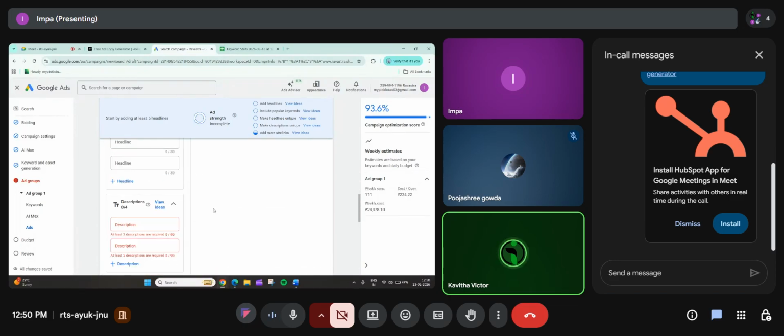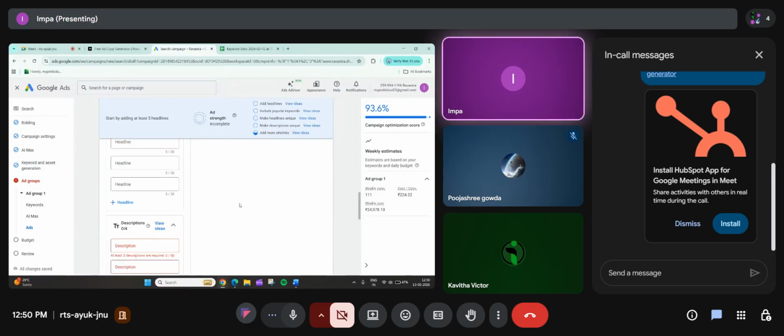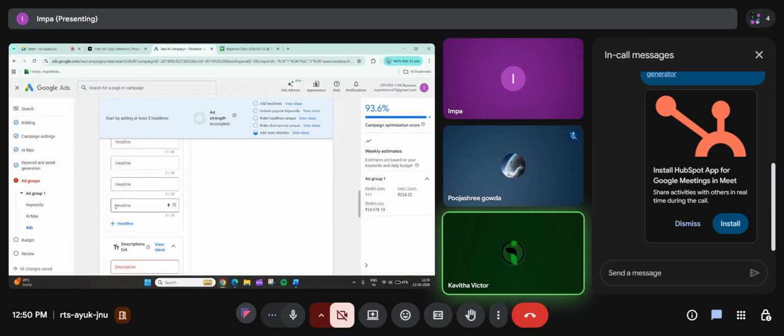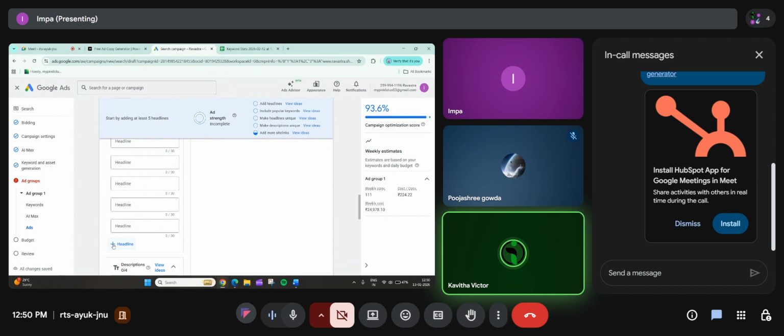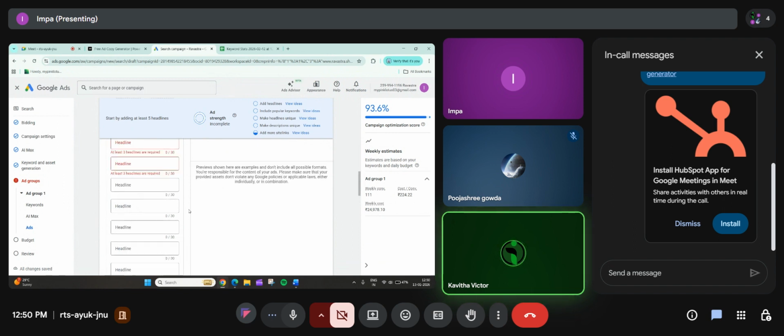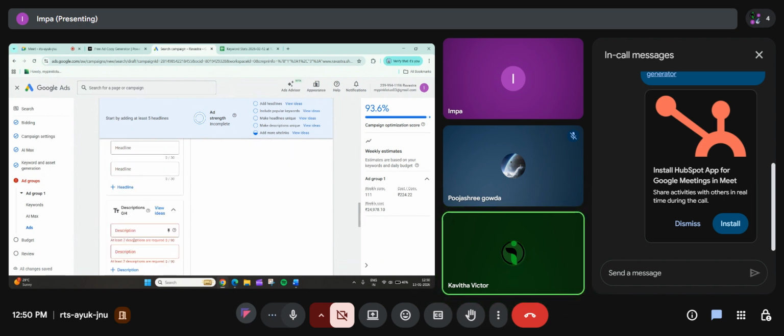Utilize all the headlines. Click on this plus again, one more, one more time. This will be on a rotational basis. You add all the headlines. That's all. So this is the headline.